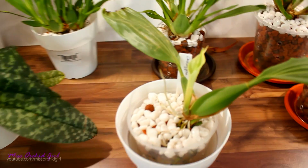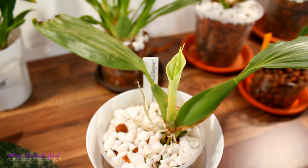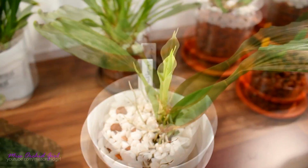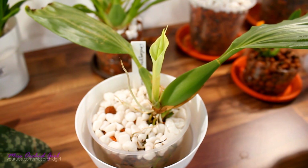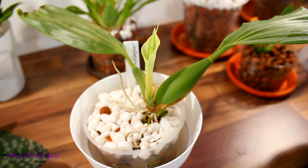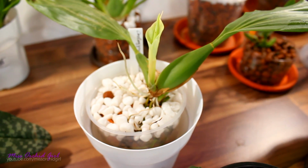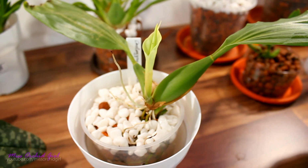Alrighty, another one that I'm really excited for is, of course, Solenangis usitana. Look at that bud forming. Everything is going great. If you imagine this orchid is a fast grower, you'd be very wrong. Maybe a little faster than the Paphiopedilums and Twinkles, but certainly it's not fast. Good news is this is a sequential bloomer, so the time in which we'll get to enjoy the flowers is